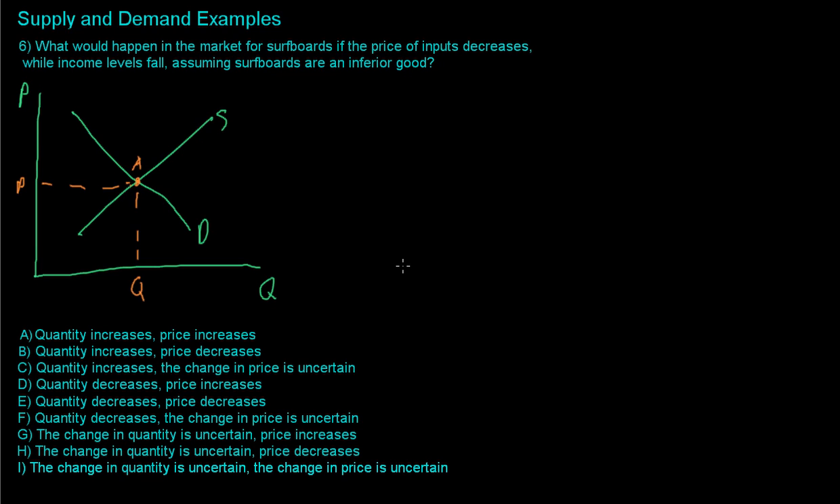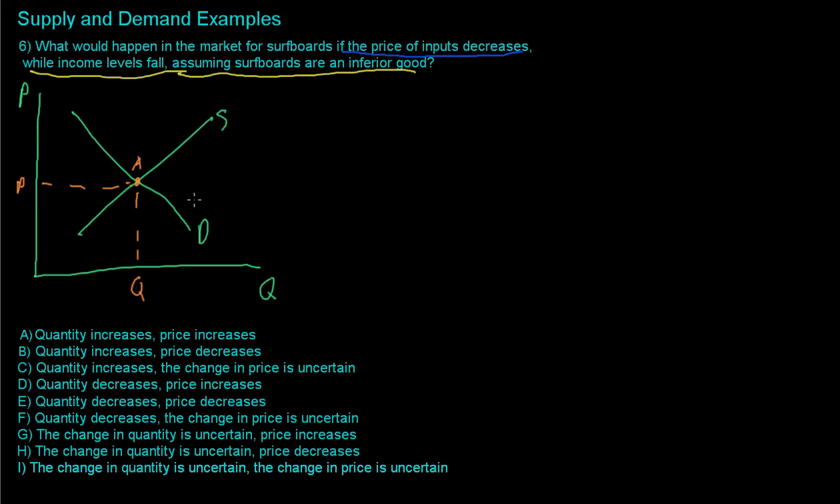What would happen in the market for surfboards if the price of inputs decreases? So let's do that in blue. If the price of inputs decreases while at the same time income levels fall, assuming surfboards are an inferior good, and so we'll do this in yellow. Alright, so if we're going to do the blue part first, if the price of inputs decreases, we are going